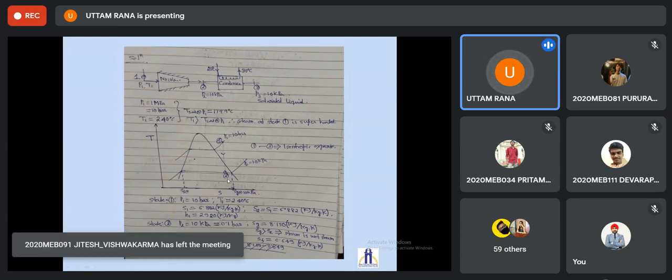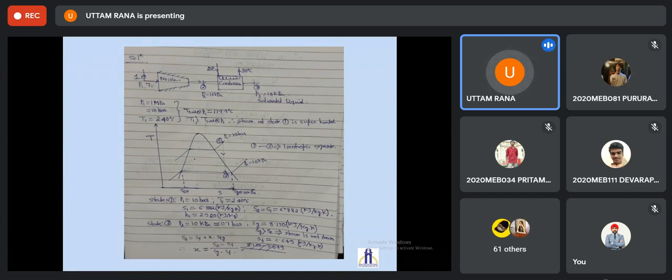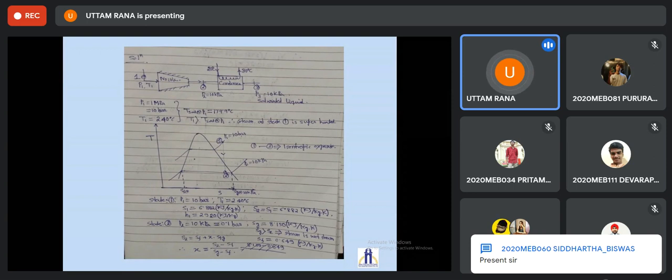S2 has to be S1 because the process in a nozzle is isentropic. The throttling process is isenthalpic, so that's why H2 is equal to H1. The process in a nozzle is isentropic, so S2 should be equal to S1. And in one case we can say, if you go for a pressure of